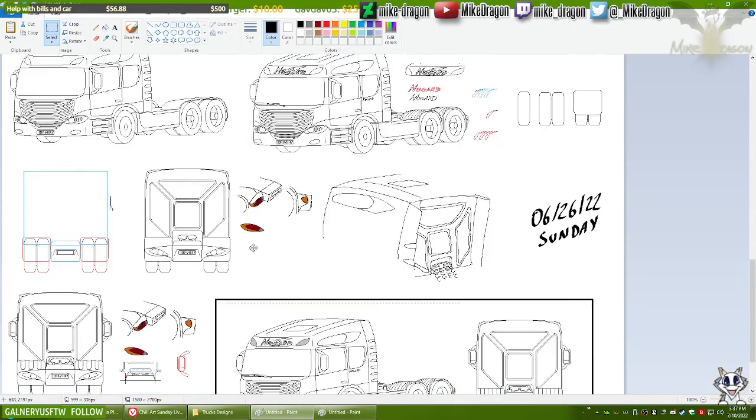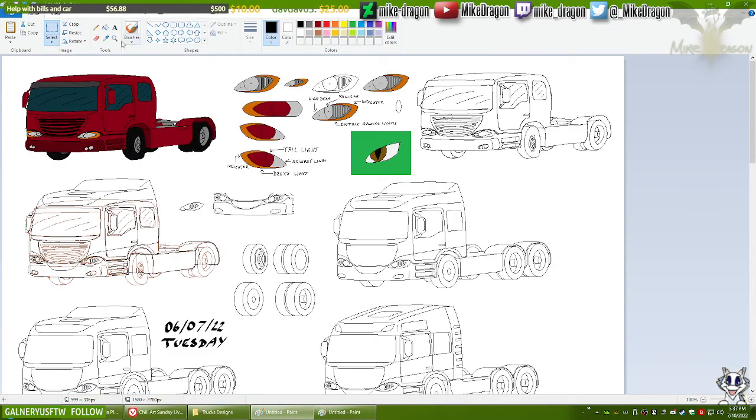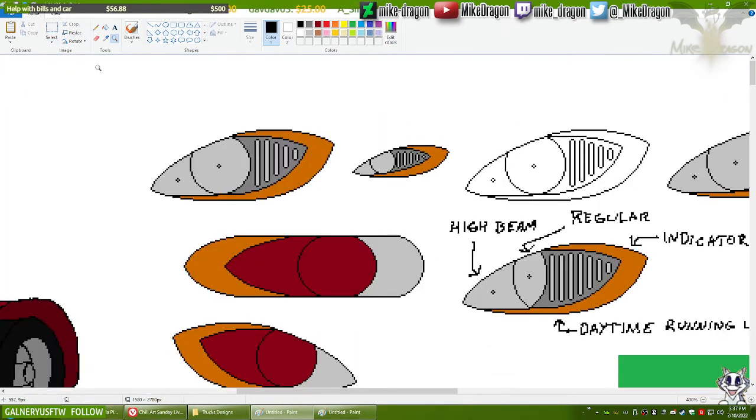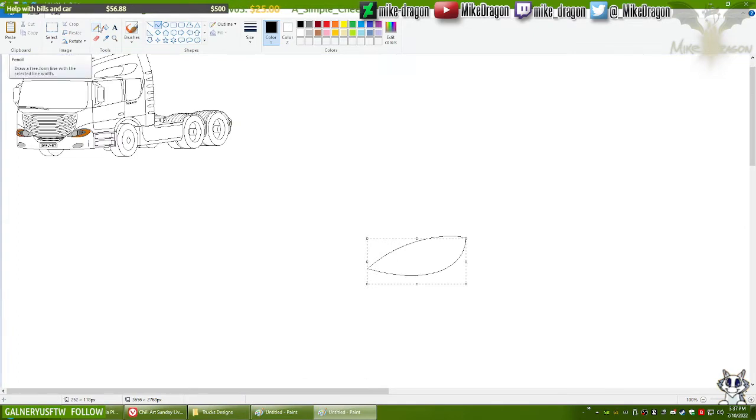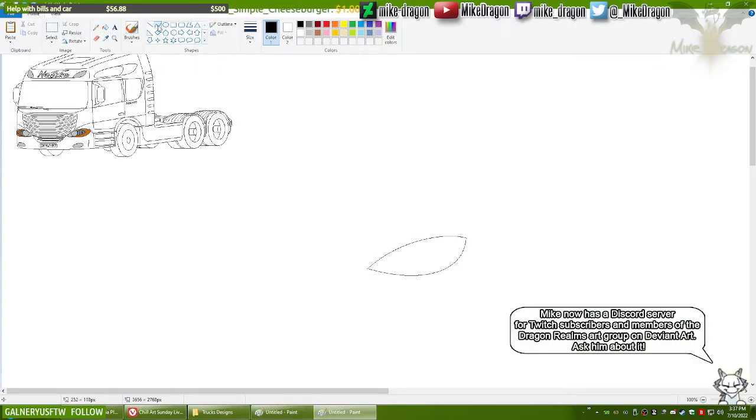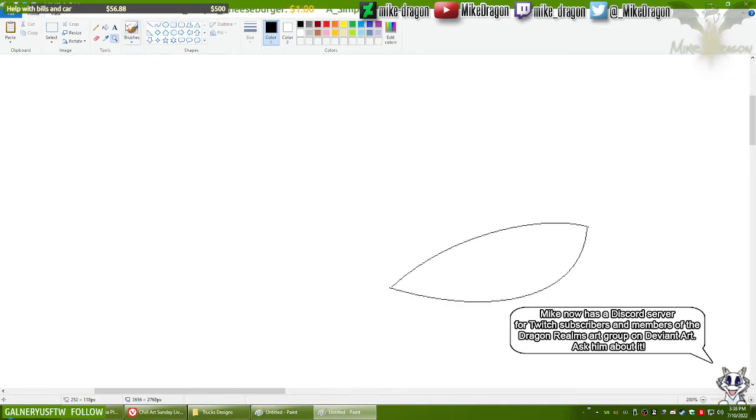Actually, I have a larger version of this. Oh, barely. This is almost right. I'm gonna keep this basic shape, but I'm going to draw over it.